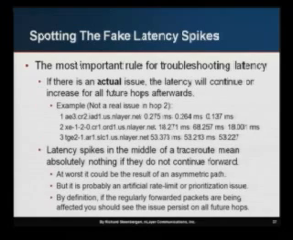So, the number one rule for spotting fake latency is if there's an actual issue, the latency has to continue for all hops forward. So in this example, there's a latency spike in the middle of hop 2, and it didn't take me very long of running traceroutes to hit this because it basically happens all the time. But you look at this and you say, okay, well, there was a latency spike there, but it didn't continue